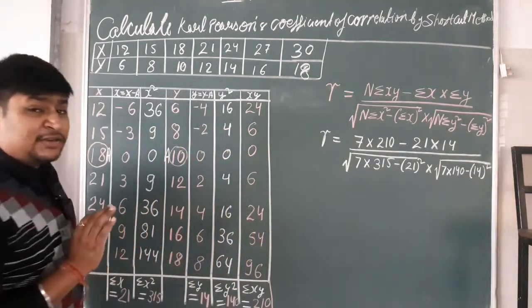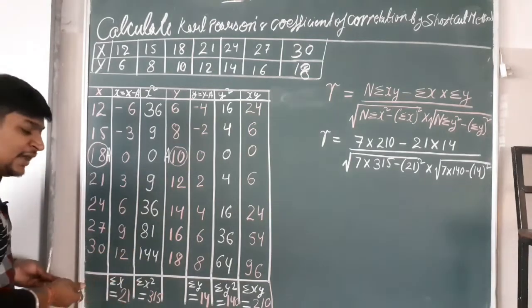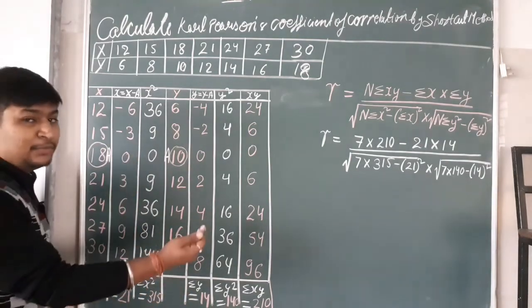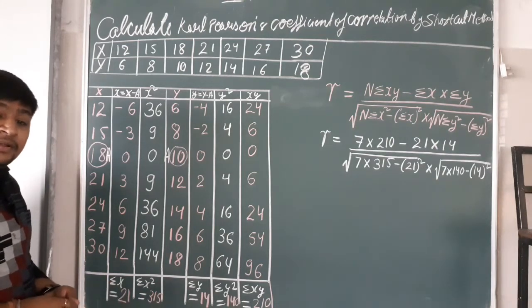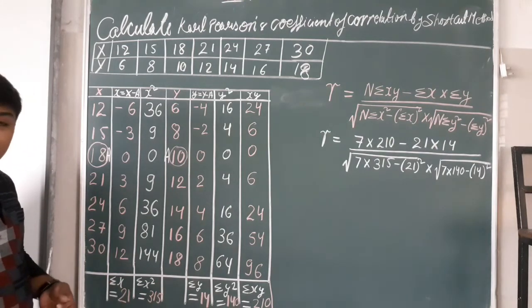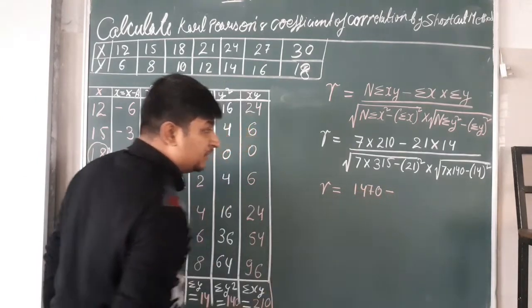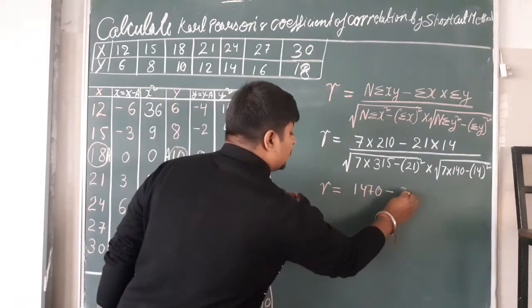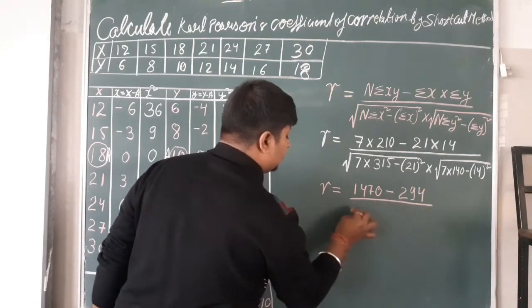In this very simple way we are putting the values in our formula. हमने यहाँ से वैल्यूज को लेकर अपने फॉर्मूले में पुट कर दिया. अब हमें इसको मल्टीप्लाई करना है. तो लेट अस स्टार्ट विद मल्टीप्लाई. 1470 minus 294 again under root